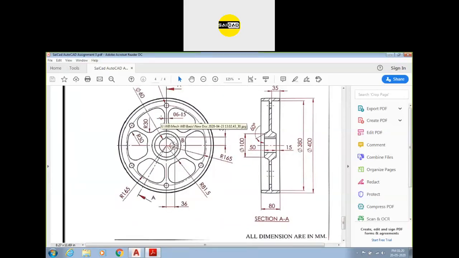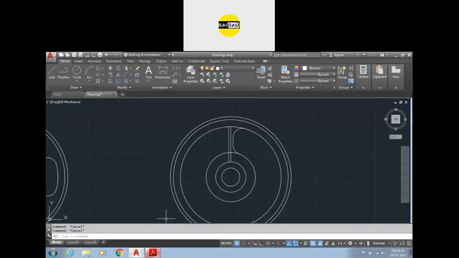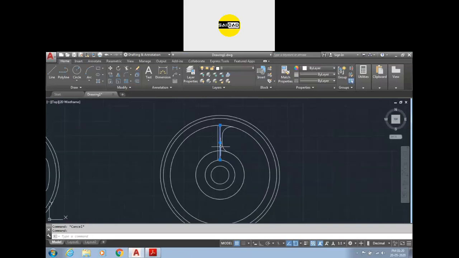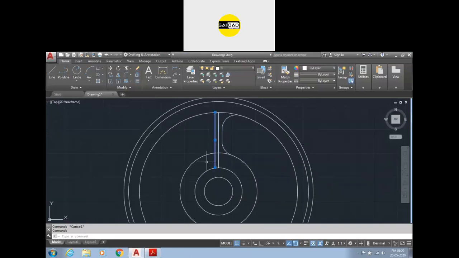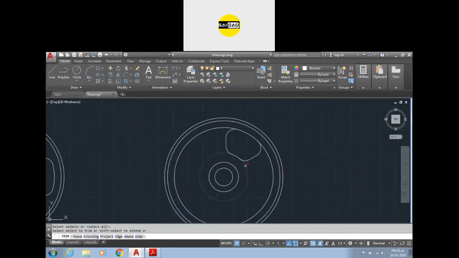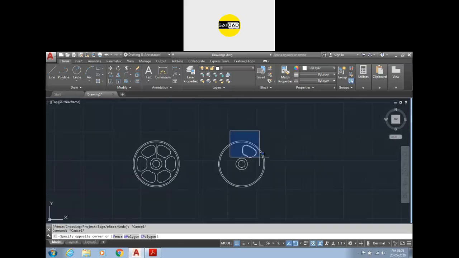So if you divide 360 degrees by 6, we get the angle, from here to here the angle is 60 degrees. So if I just rotate this one with minus 60, we can see we got this one line here. We can just go to the fillet with multiple option and create the fillet like that. So we have the shape here. We can just delete this option and go to the trim, this one and this one. So we got the shape.